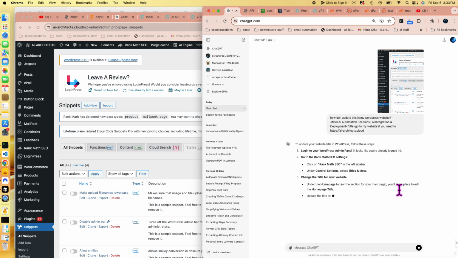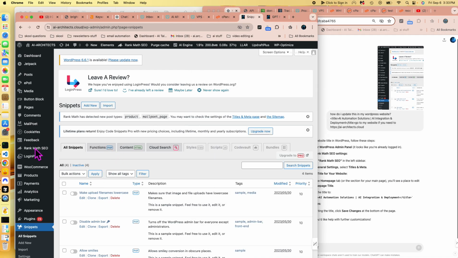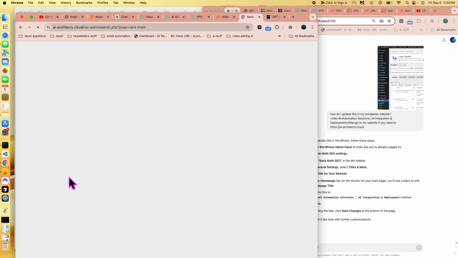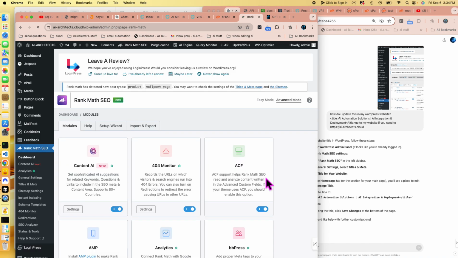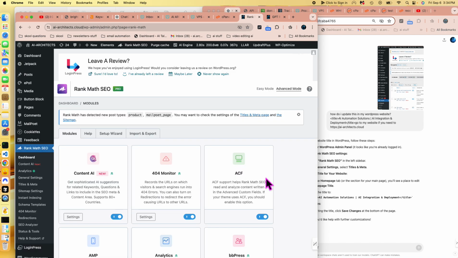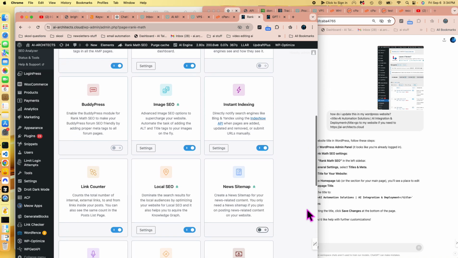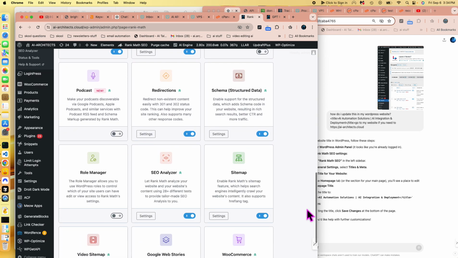Go to the Rank Math SEO settings. Rank Math SEO settings. And then which one? Titles and metadata. Okay, there we go. I used to have Rank Math SEO Pro, but I don't anymore. Title and metadata. And it was helpful, but